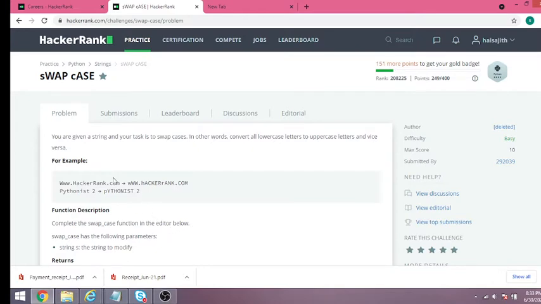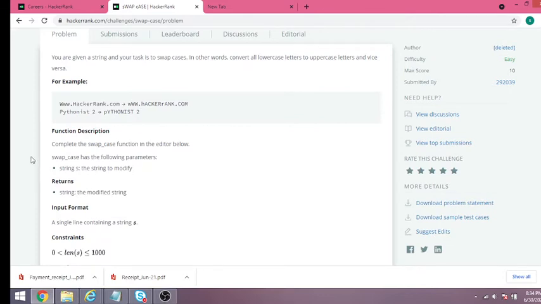The question is, you are given a string and your task is to swap the cases. In other words, convert all lowercase letters to uppercase letters and vice versa. Maybe this example will give more idea. For www.hackerrank.com, the output should look like this.